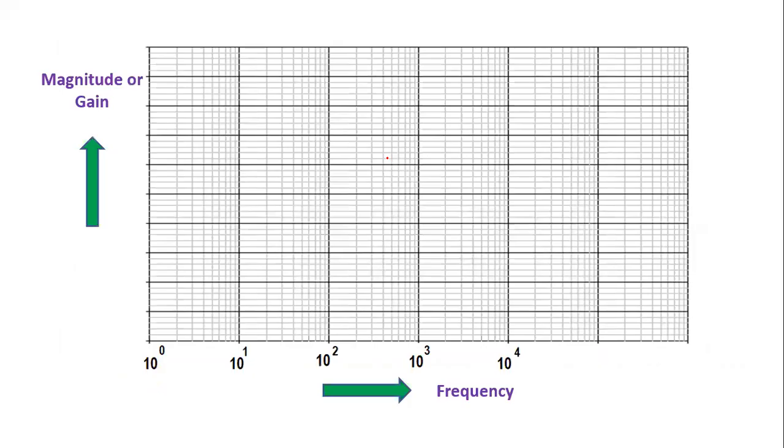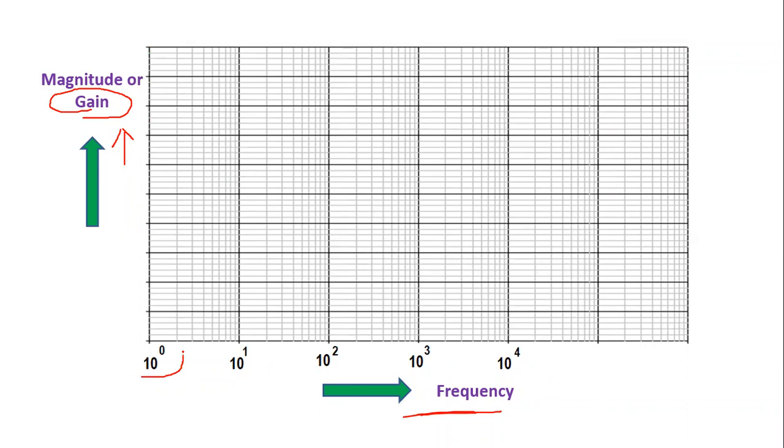For the Bode plot, we draw a semi-log graph. The y-axis will be the magnitude or gain. The y-axis is a linear scale. You can take either magnitude or gain, but as normal practice, for a Bode plot we prefer gain only. But the x-axis will be the frequency, and it is a non-linear scale, in multiples of 10.